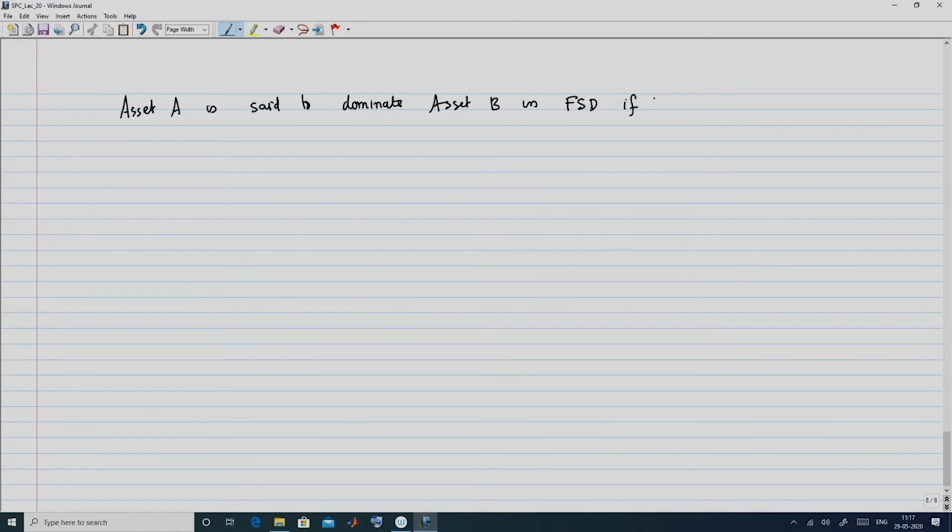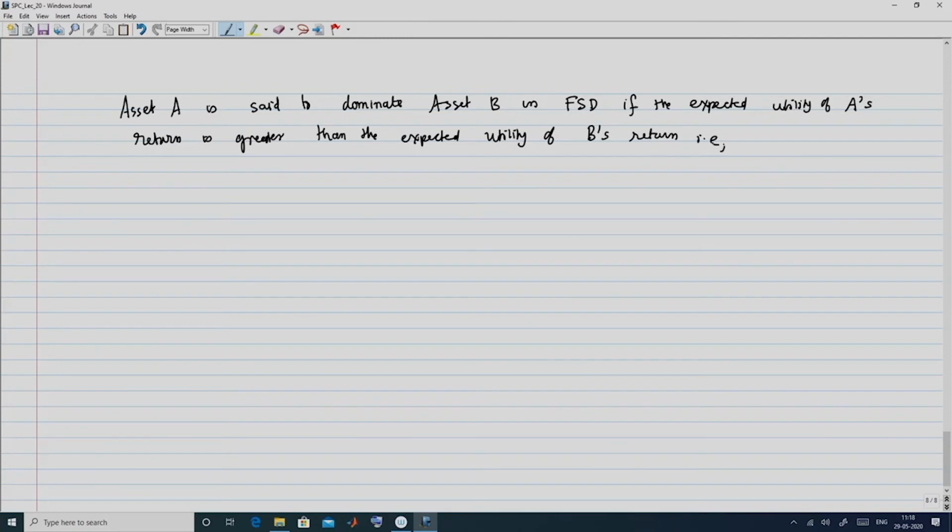This domination is defined as: if the expected utility of the return of asset A is greater than the expected utility of the return from B. In other words, we say that A dominates B in the sense of FSD if